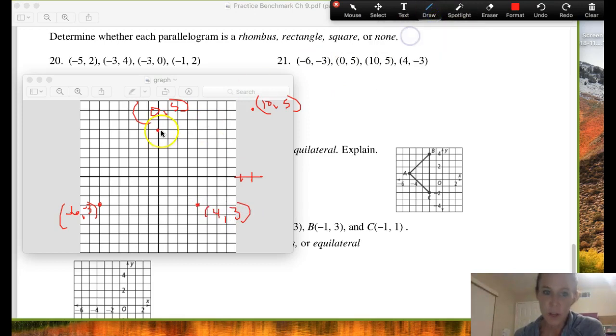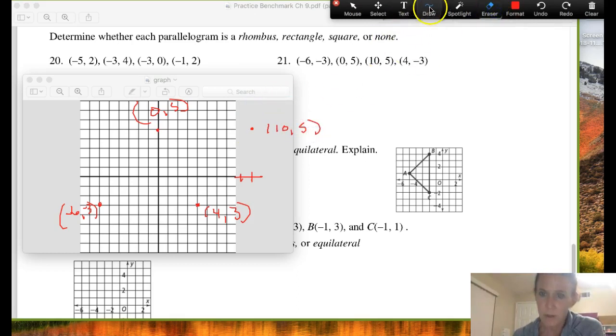Let's go ahead and make our shape. If we look at this, what did I have here? This is not up 5. This is over 10, up 1, 2, 3, 4, 5. How did that get all the way up there? Shame on me. I don't know what I did there. This should be over 10, up 5 right here. Not there. Okay. So let's go ahead and draw our figure